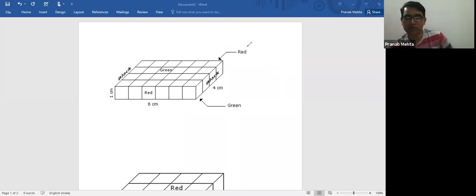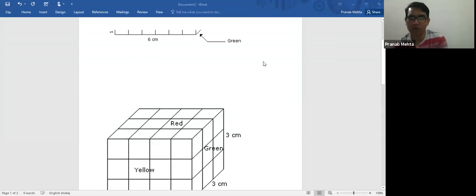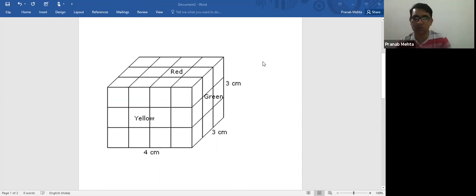Okay, let us go with the next question. Look, you just have to think a bit, nothing else, it will work. This is the second one, if I'm not wrong. Since I'm drawing the picture for you, this becomes easy for you, because if the picture is not there, it will become very difficult. So you have to understand how these pictures are formed. If you go with the second one, we are talking about 4 into 3 into 3.